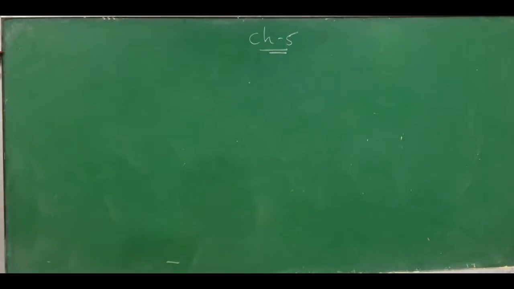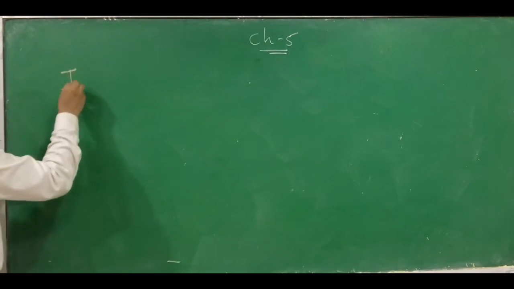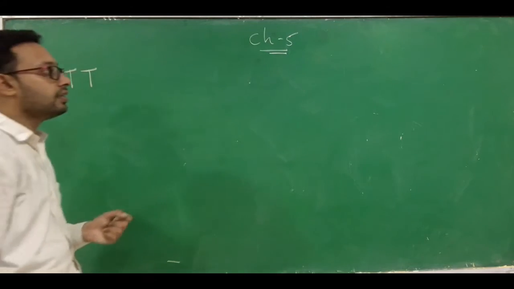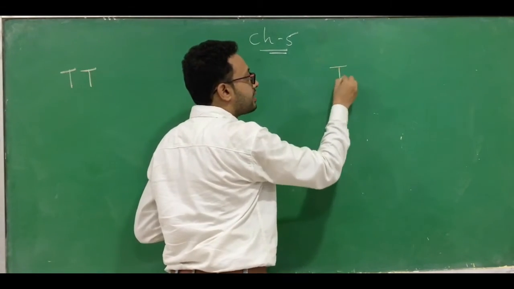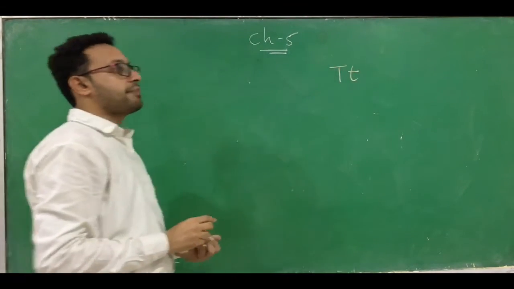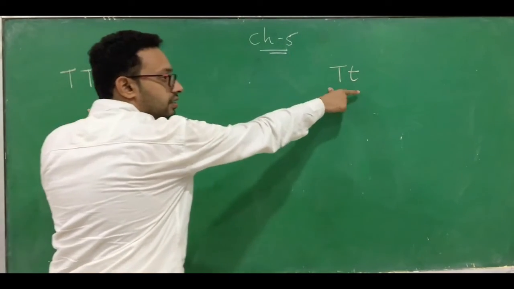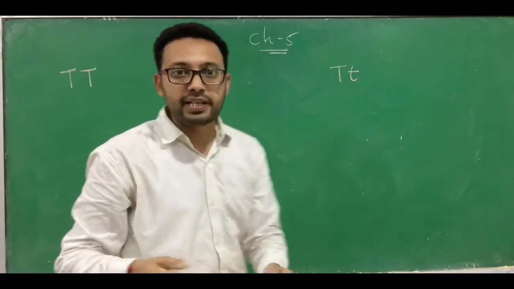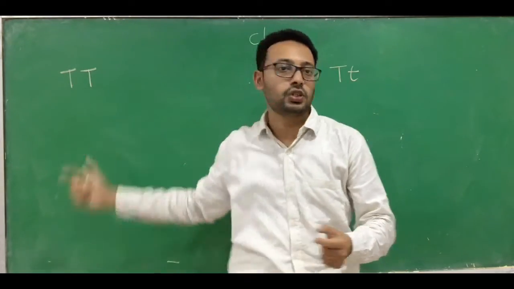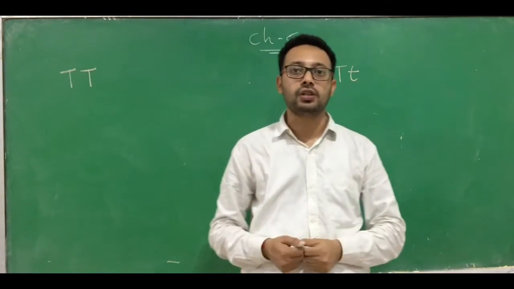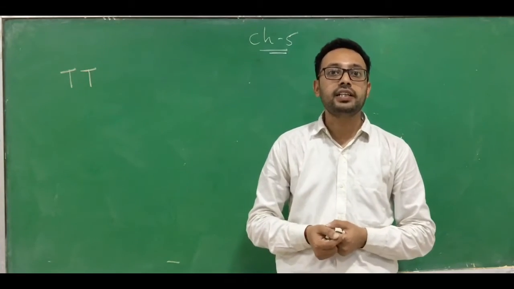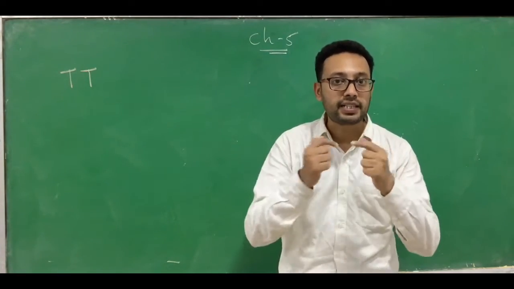So I will start that. There are two possibilities. It may be either capital T capital T, that is also tall. The other possibility is that it may be capital T small t. These are the two possibilities. I have to know, the meaning of both is tall. The meaning of capital T is tall, and capital T small t is also tall. But which kind of gene is present in it? How can I come to know that? That is by test cross.